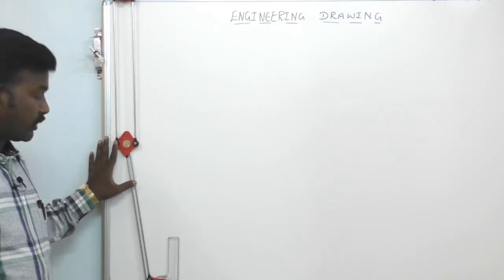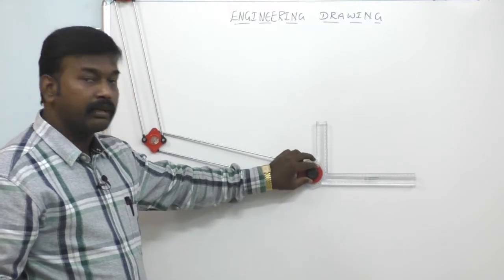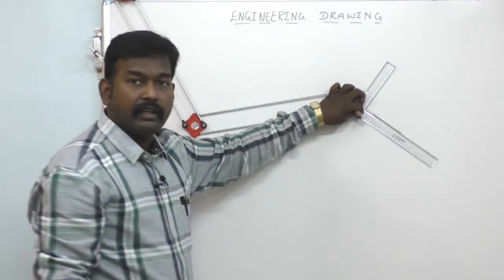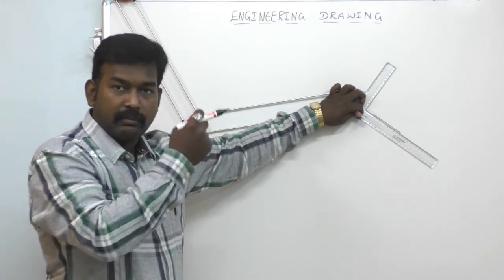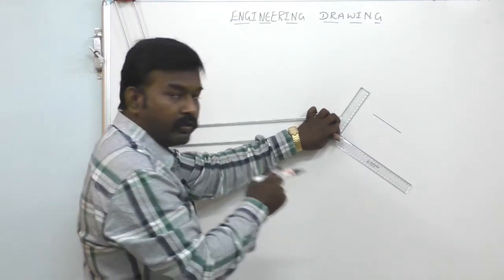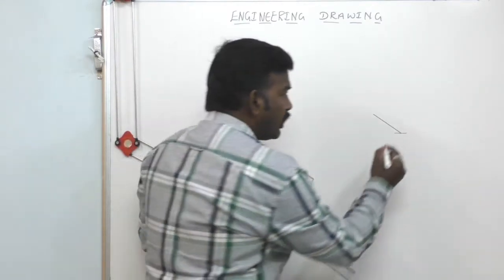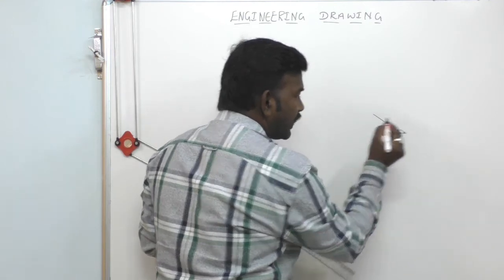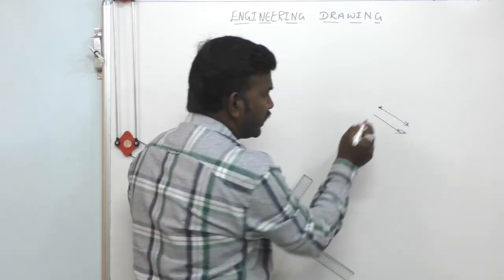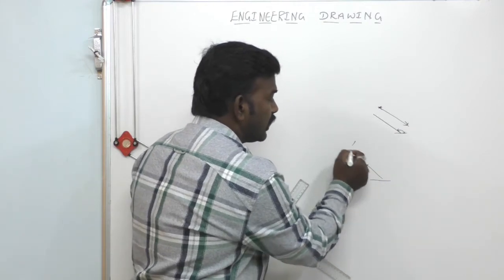Okay, this is the mini drafter. The main advantage of the mini drafter is for construction of parallel lines. What does it mean? Suppose there is an inclined line, and we have to construct a similar line in another space. Without a drafter, it is complicated because when we draw a parallel line, we have to measure how much angle is there and how much length is there. We have to calculate by using a protractor and scale, and again take a straight line. Again we have to measure the inclination and length.